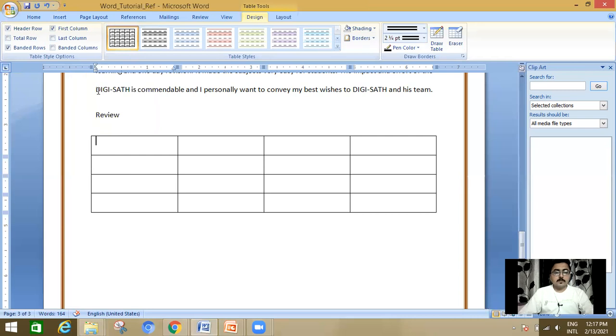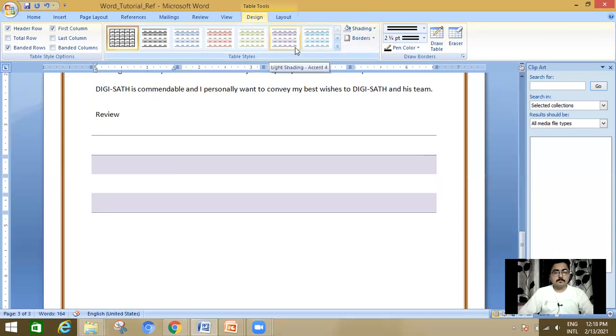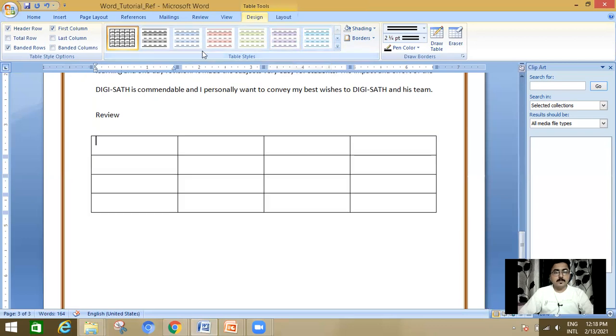Now, as soon as you have clicked on the table, you will see that two subsections of the tabs will appear beside the View tab. What are they? They are the Design tab and Layout tab.